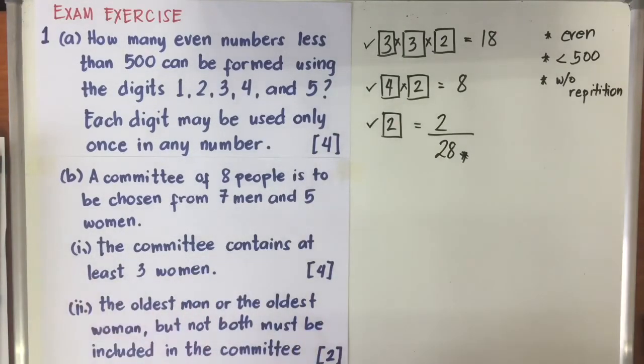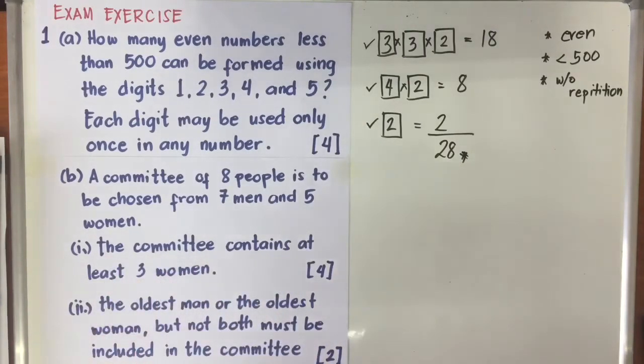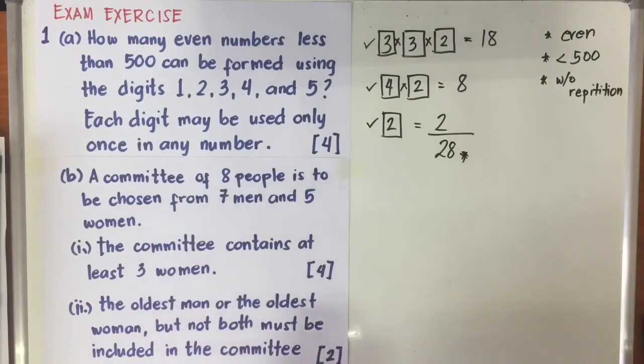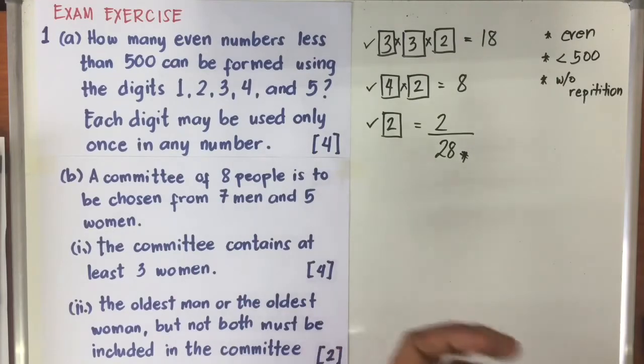Okay, for number 1, the committee contains at least 3 women. So if at least 3 women, it can be 3 women, it can be 4 women, it can be 5 women. And also take note that if you're dealing with people, order does not matter. Okay, since order does not matter, am I going to use permutation or